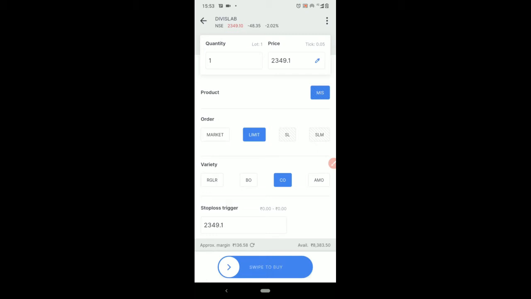Everything here is the same as in the earlier version, but the only thing is that here you can see the approximate margin and the available money in our demat account. These details are updated in this beta app of the Zerodha Kite platform. I think this is a very useful update given by the broker.